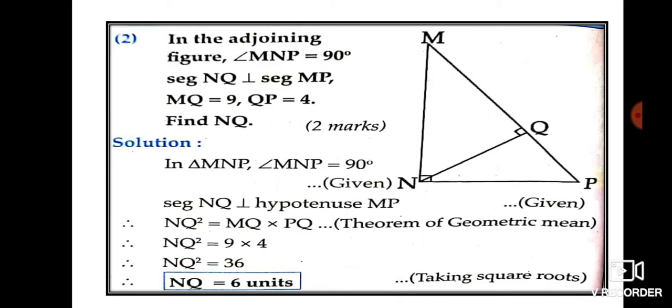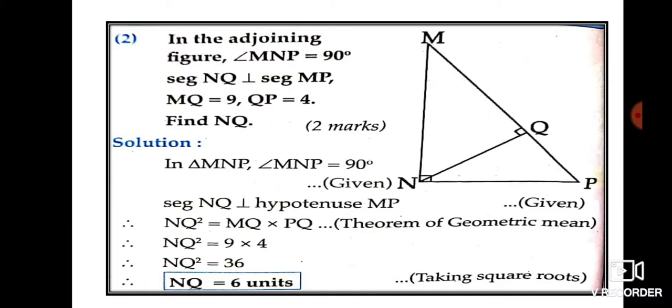Now look at the diagram over here. In this you can see that MNP is a right angle triangle. And you can see here NQ drawn as an altitude to the hypotenuse. You know that because of this perpendicular side, whenever you see such type of figures, the similarity of right angle triangles should come to your mind. And the property of geometric mean should come to your mind. So that was just a revision of what we have done in the first video. Now let us read the sum.